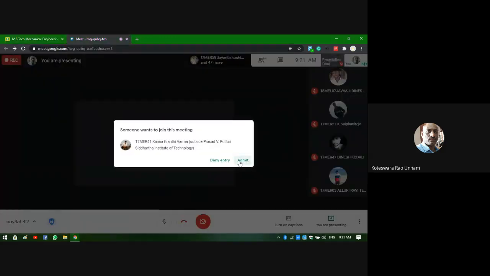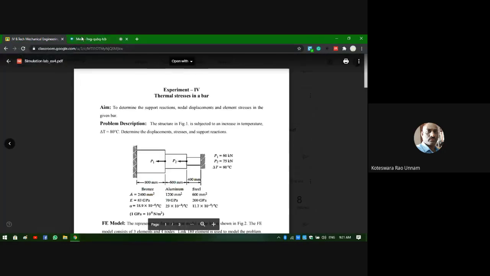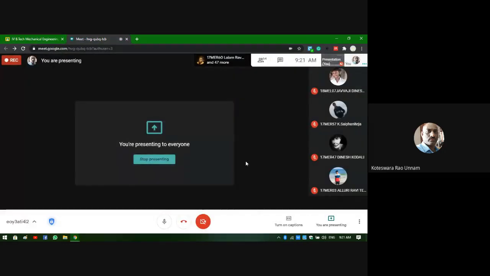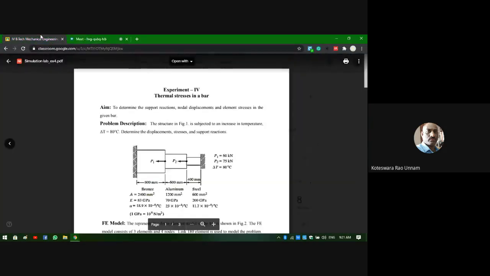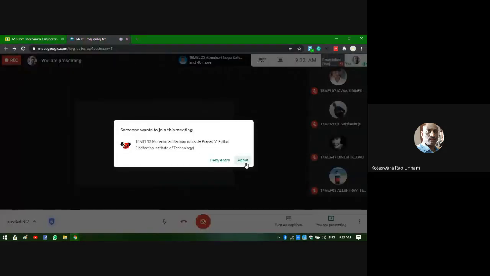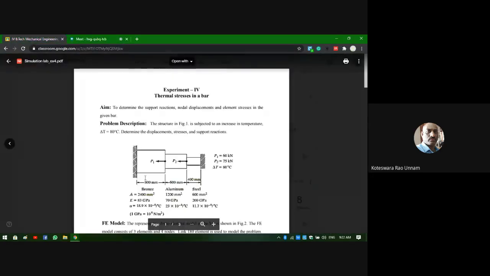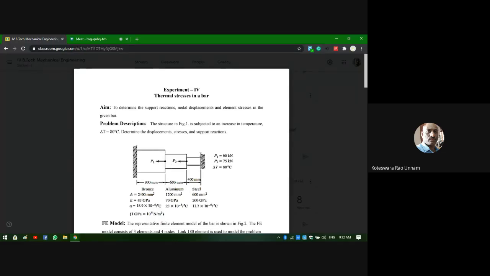Since the number of nodes and elements is very small in this case, we'll go for the direct approach. That means instead of creating the geometry and then converting it into an FE model, we'll directly create nodes and elements. By creating the nodes and elements directly, we create the FE model. Once you have created the FE model, you need to apply the constraints, that is the support boundary conditions. The left end and the right end of the bar are fixed as given. Fixed means it is constrained in all degrees of freedom. So you need to apply fixed supports at this end and this end.